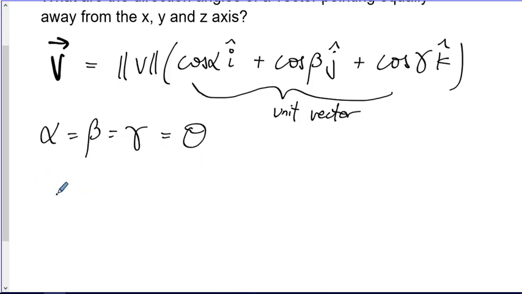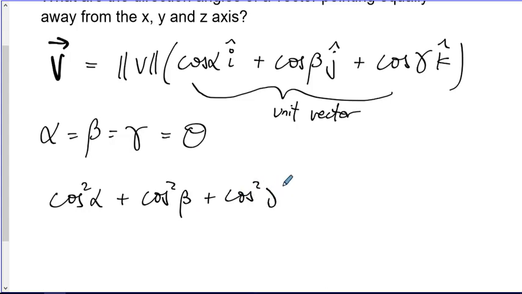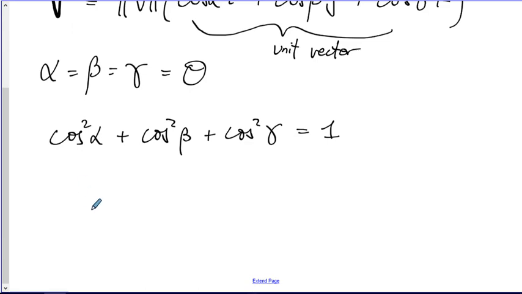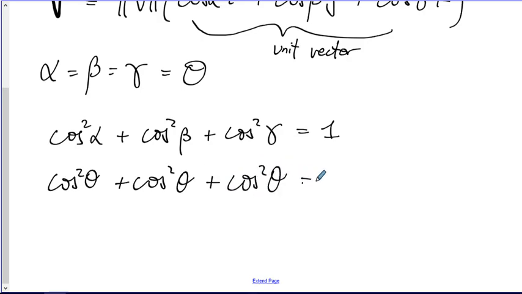Since we generally have cosine squared alpha plus cosine squared beta plus cosine squared gamma always equal 1, what would happen if all the angles were equal? Cosine squared theta, and cosine squared theta would have to equal 1. So we'd have 3 cosine squared theta equal to 1,